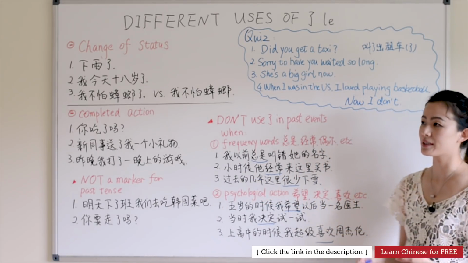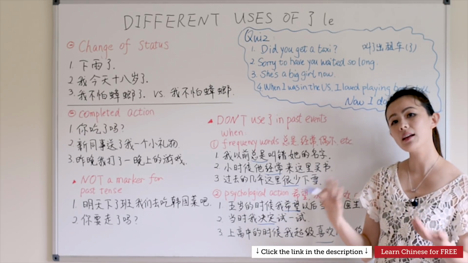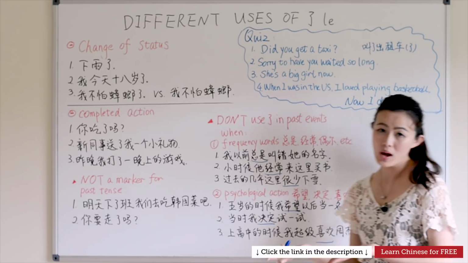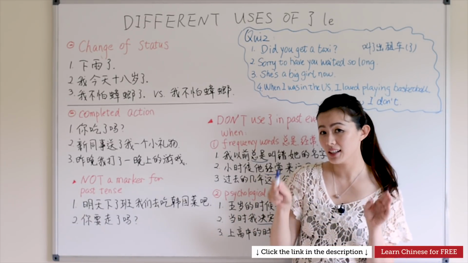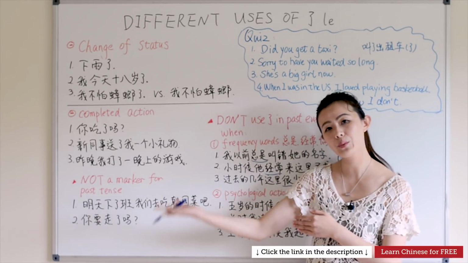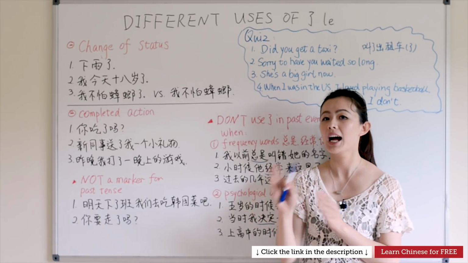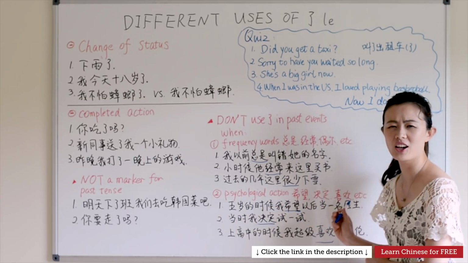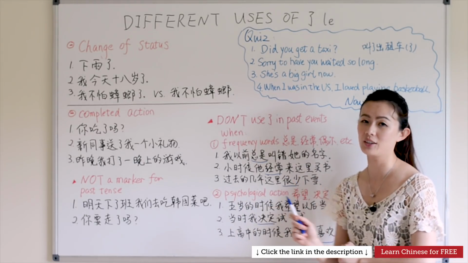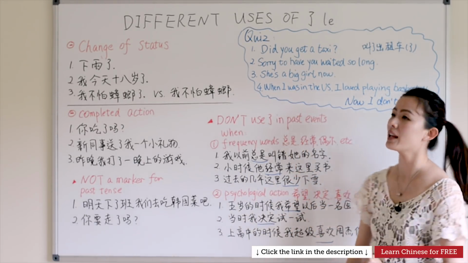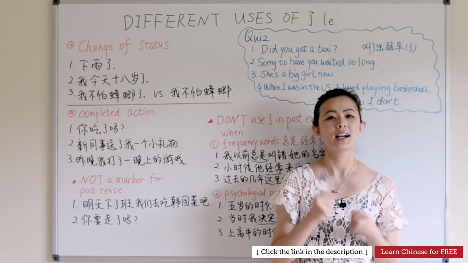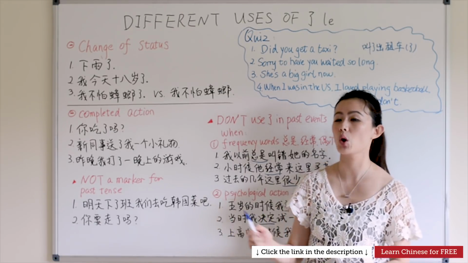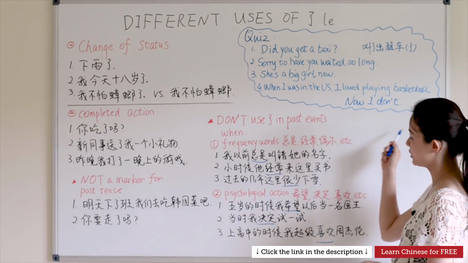Playing basketball is 打篮球. So 我在美国的时候，我很爱打篮球，我很喜欢打篮球。We don't need the 了 even though it's in the past. When I was in the U.S., we don't need 爱了 or 喜欢了, because here it's some kind of psychological action. You don't need the 了. So the first part we can say 我在美国的时候很喜欢打篮球，或我在美国的时候很爱打篮球。